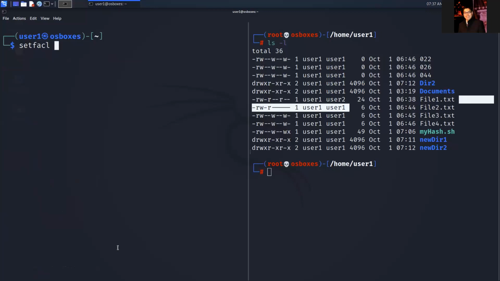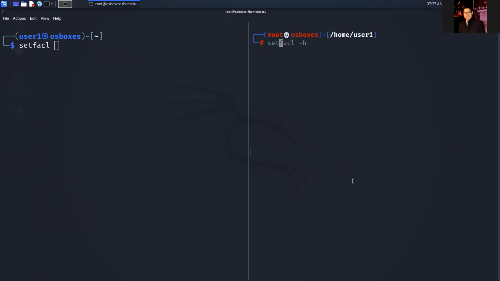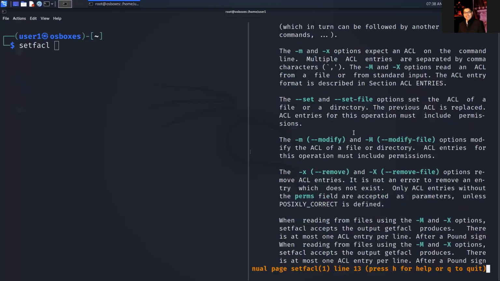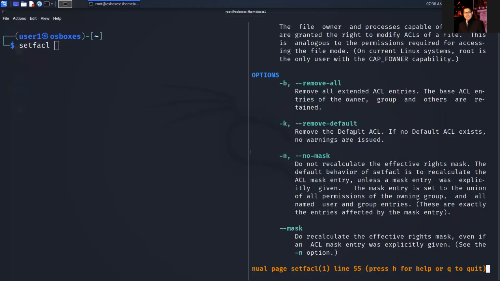In this way, if we print out the manual, we can use man for set file access control list. So it gives you some information and instructions how to use it. If we go to the bottom,